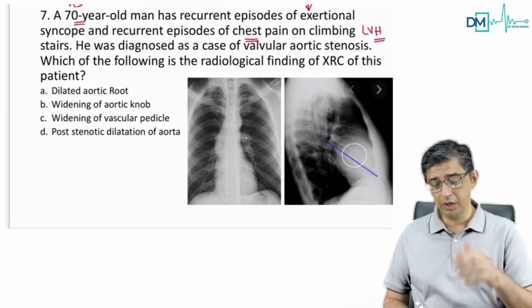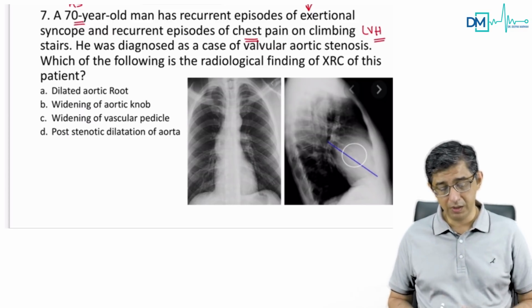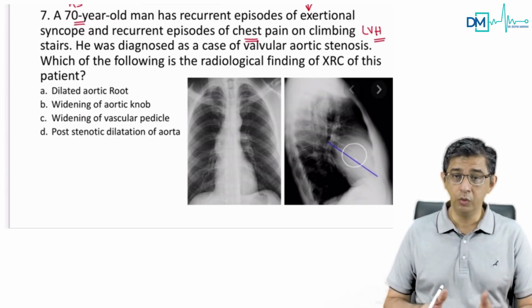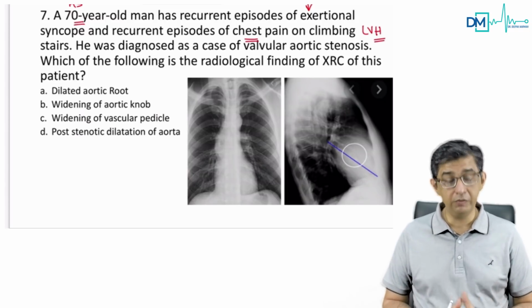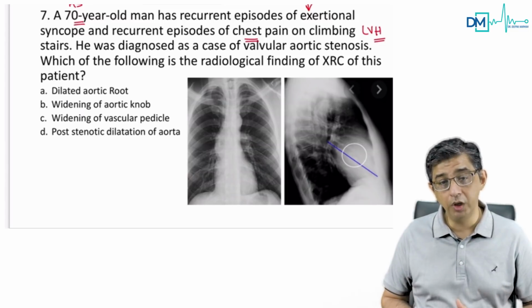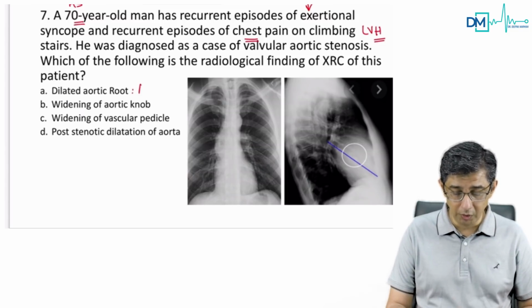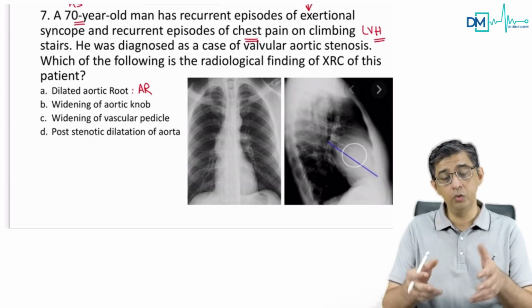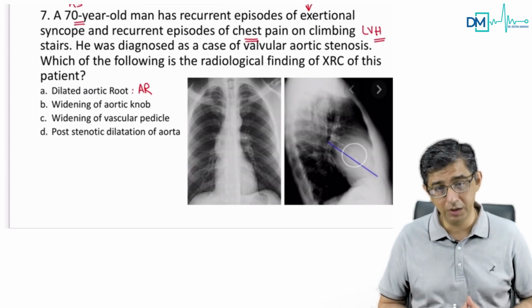There would be left ventricular hypertrophy. And if you look at this X-ray and then if you look at the options, there was no left ventricular hypertrophy asked. So let's solve it. Option A says dilated aortic root. Now this is what you read with aortic regurgitation. You know, dilated aortic root will cause blood to leak back in the heart, aortic regurgitation.